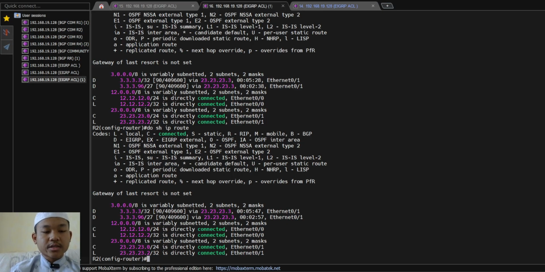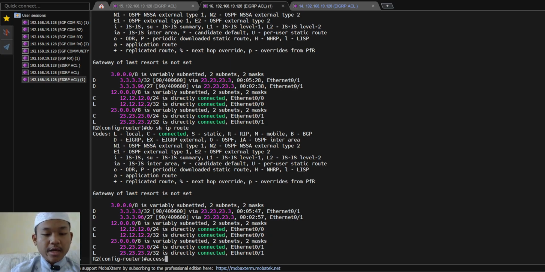Okay, and then next, configure it. The AD, the biggest AD, which is 255, on network 3.3.3.0.